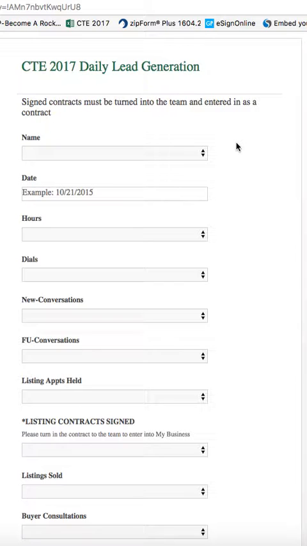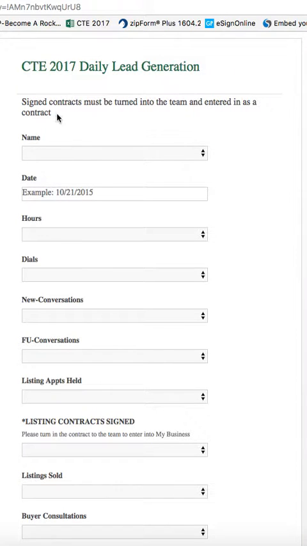So in the email that I just sent you, there is a link. Open that link on your mobile phone and then save that to your desktop. If you don't know how, Sebastian will be here in the morning. He can help you. You can also save this to your desktop, so if you happen to be in front of a computer when you do your prospecting, or at night you want to enter it, you can do that. So here goes. Now the first thing I'll say is do not hit enter. You have to either tab or, on your computer, use your mouse, because it'll actually submit it before you're ready.